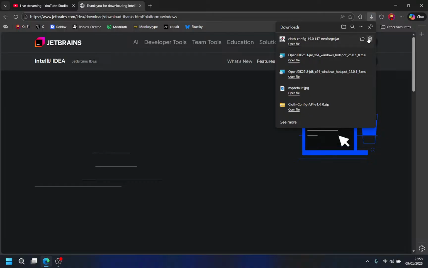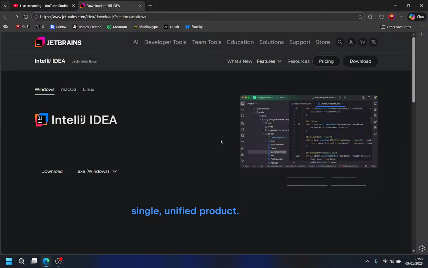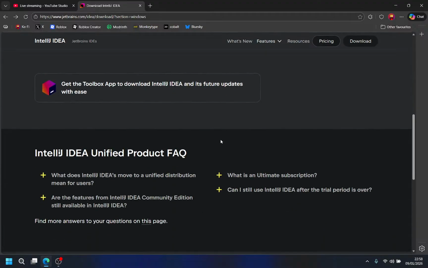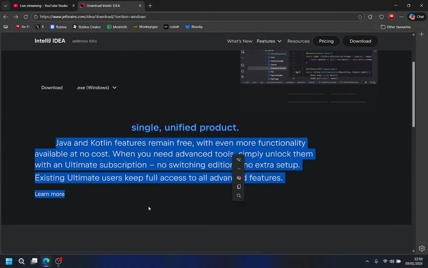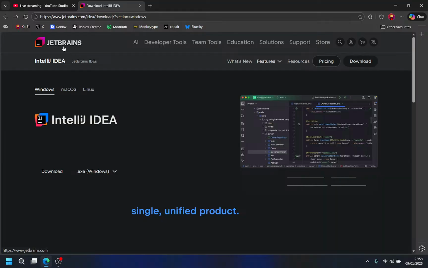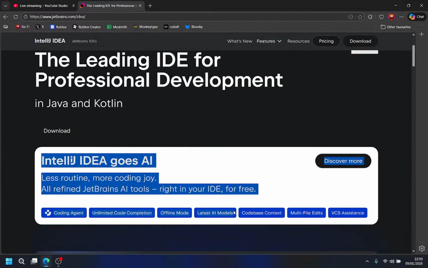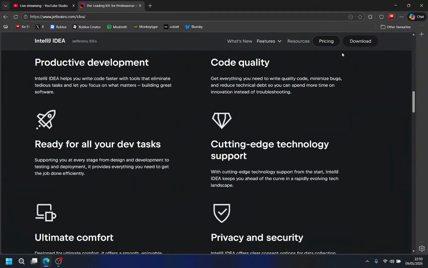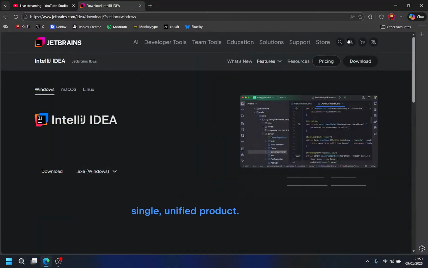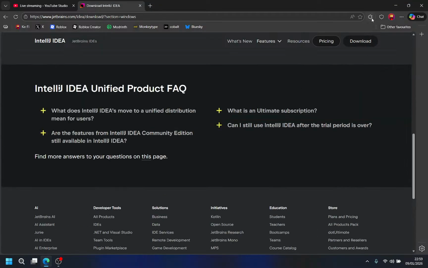Wait a minute, I forgot something. That's when developers feel scared, like when it is said that IntelliJ goes AI. Like, what? Excuse me.